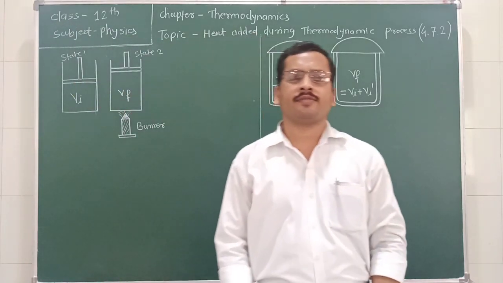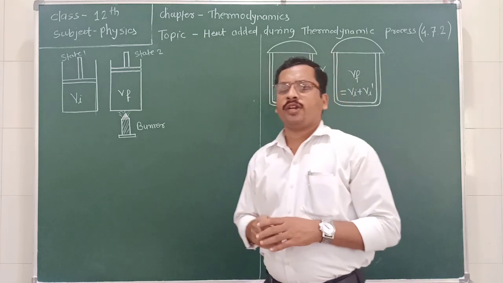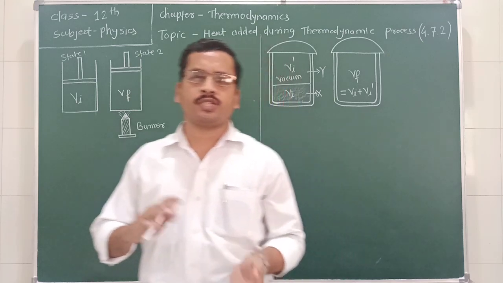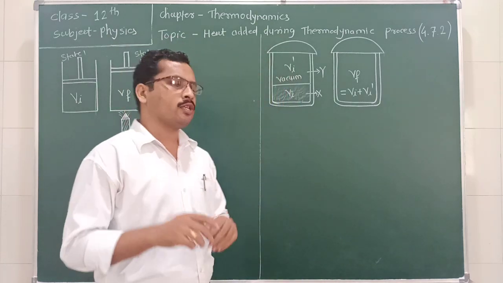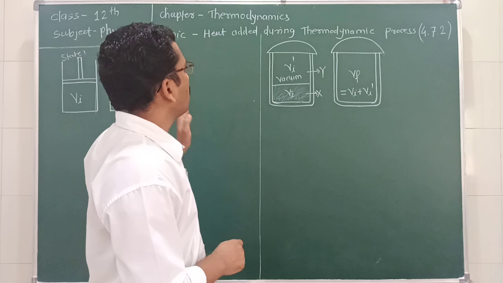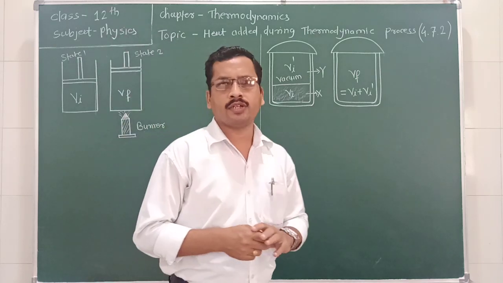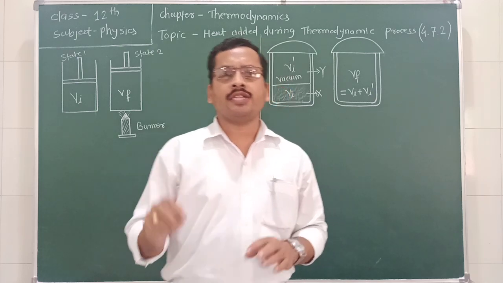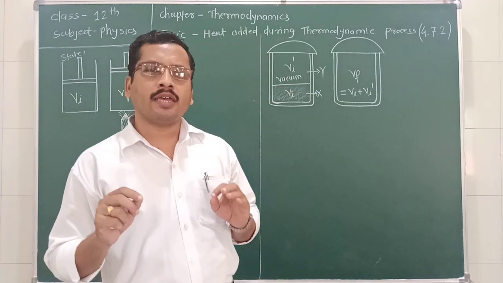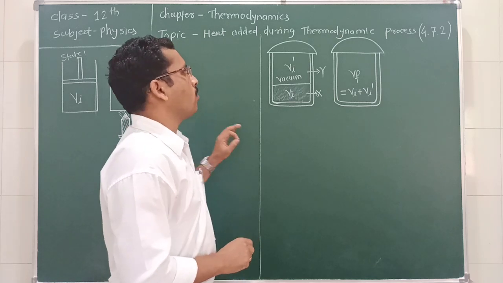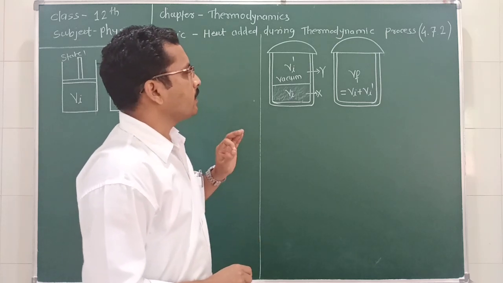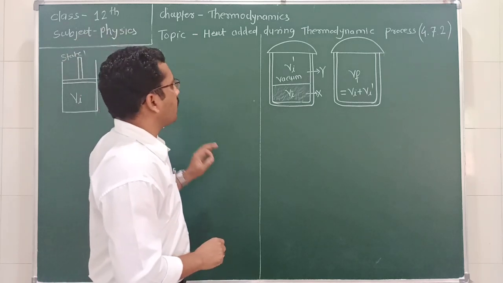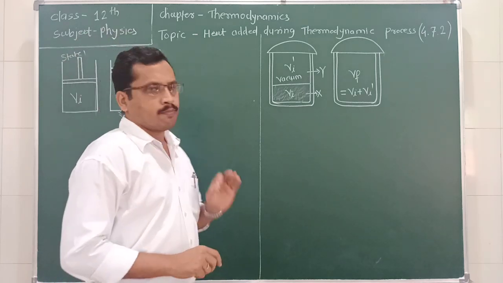Good morning, students. In the last lecture, we discussed the thermodynamic system, which changes from the initial state to the final state, and we also discussed the amount of work done during the change of the thermodynamic state. We concluded that the initial state and final state are important for the determination of the work done, but it is also important through which path the thermodynamic process is taking place.